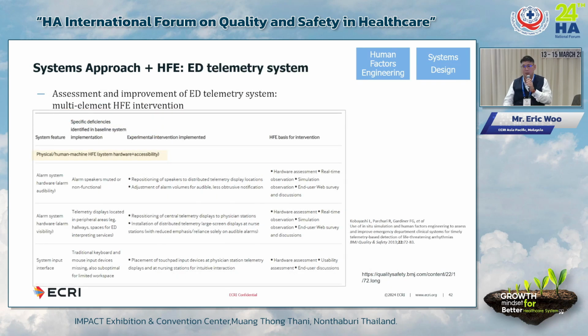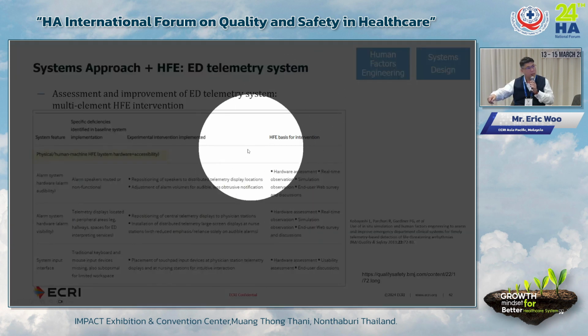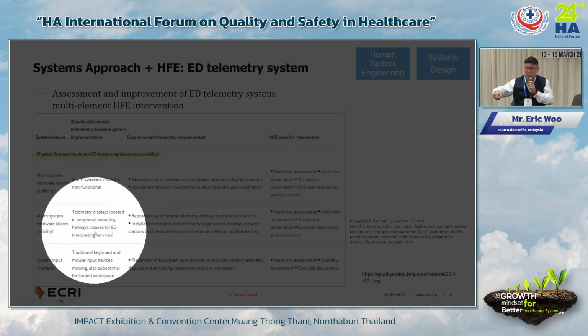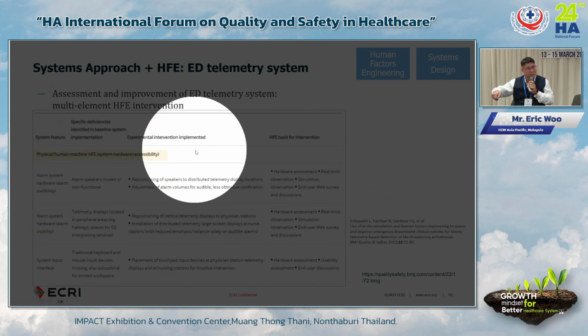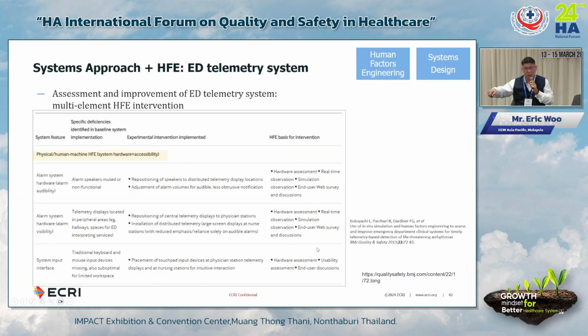By the way, you can actually find them, these are all published. This is for telemetry, and another example, emergency department telemetry system. So what did they do? What did they consider? Emergency department, very important, because everything is very fast there and challenging, right? So they created all this information, no color, it's just tables, and then all these categories of information that they need. But you have to research and get this information out to fill in so you can analyze and you can do more of the strategy and the approach that they have, right?